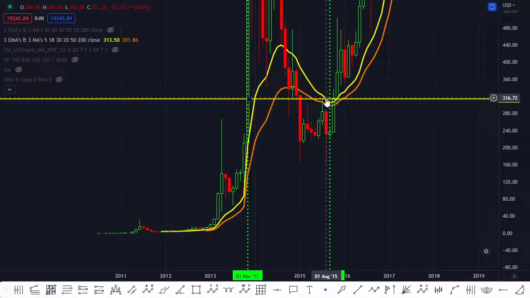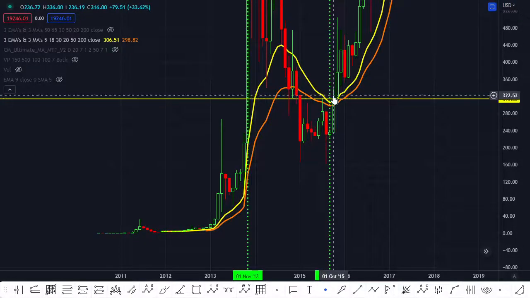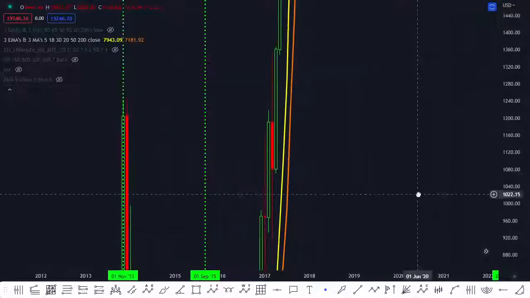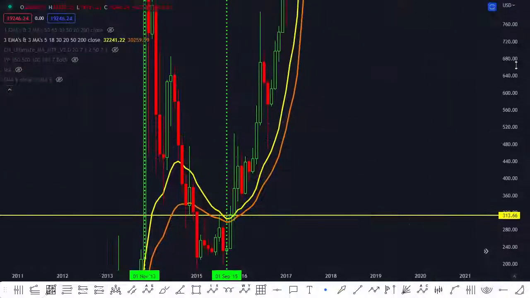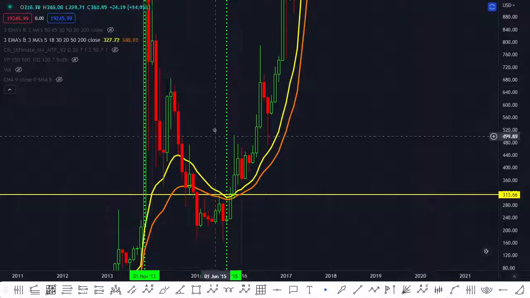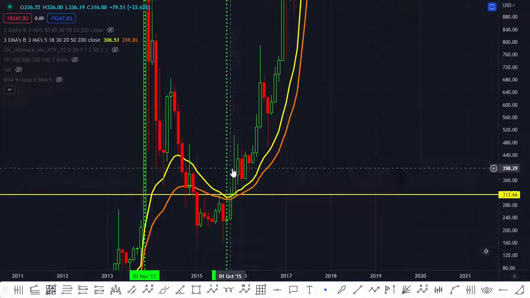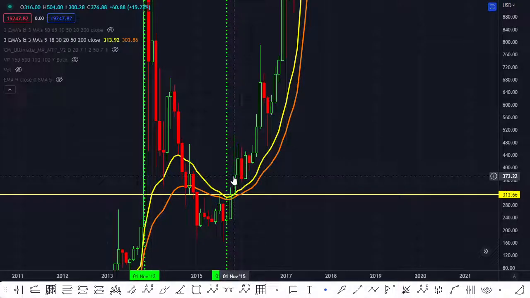yellow line, that sub resistance line, that's your confirmation of the bull run coming into play, and then you had the bull run, as you can see, right? It's a very, very strong bull run. So basically, when Bitcoin goes above 28K, your bull run is back. That's what it basically means. But obviously, it has to go above 28K with proper candle closes, so monthly candle closes most likely. So as you can see here, this is the month of 1st of November 2015.